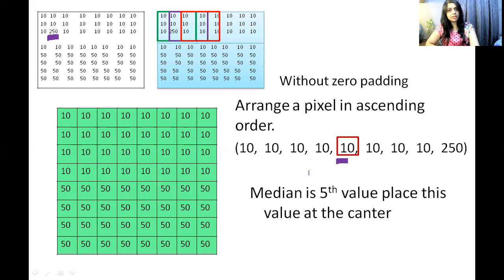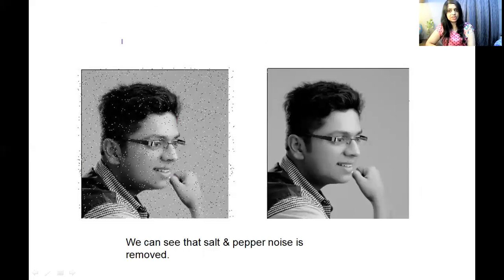When we apply this median filtering on the image, you can see that this is the image and this is the actual median filtered image. Here the image is very clear. All salt and pepper noise is completely removed. If you remember, in the averaging filter this noise only got blurred. It was not completely removed, but in the median filter this noise is completely removed. You can see that these white pixels on the hairs are also removed.